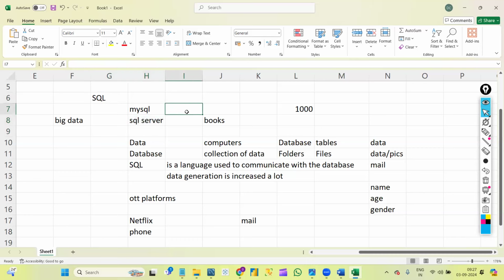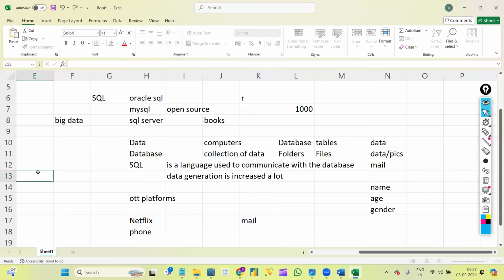And the reason why we are using MySQL in our course is that MySQL is an open source platform. That means it is freely available for everyone, even for big companies or small companies. We also have something called Oracle SQL. Oracle SQL and MySQL are products from Oracle. Write it here. Oracle SQL and, sorry, Postgres. Like that we have many tools, like MongoDB, Postgres, Amazon Redshift. We have lots of tools, but mostly in real time we will use